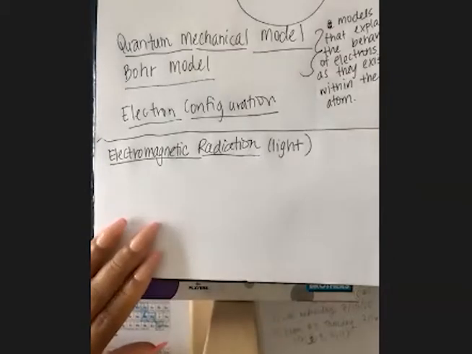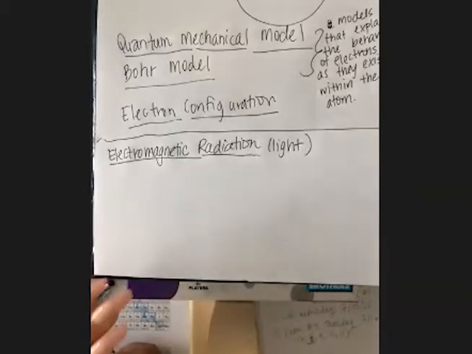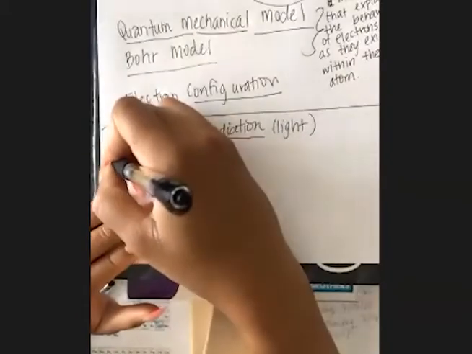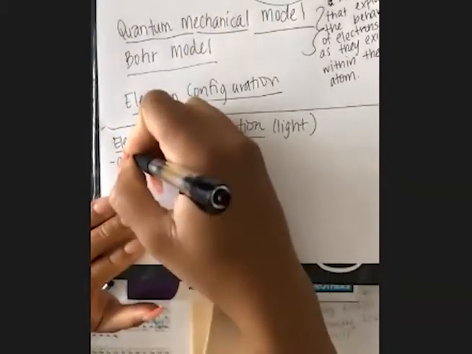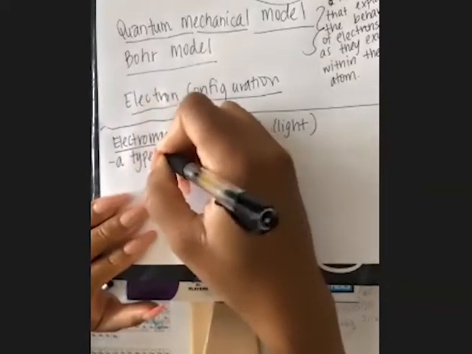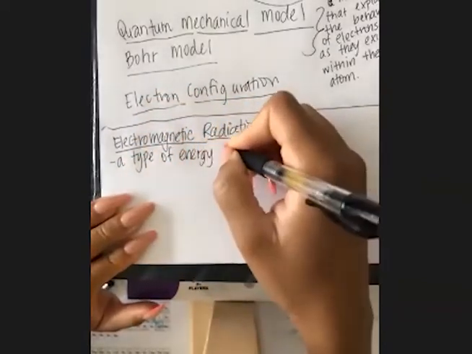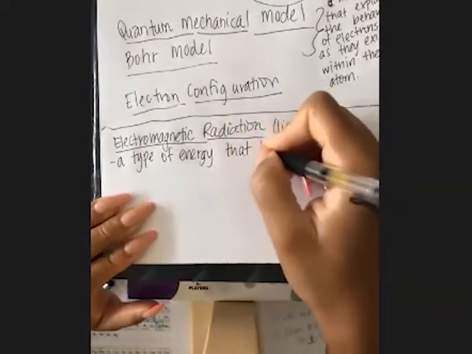And all electromagnetic radiation is, when I say light, I literally mean like the light that's shining in your house right now, the sunlight, all the light that we see around us. All electromagnetic radiation is, in reality, a type of energy that travels through space